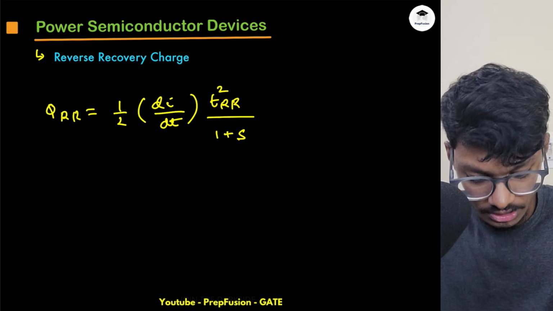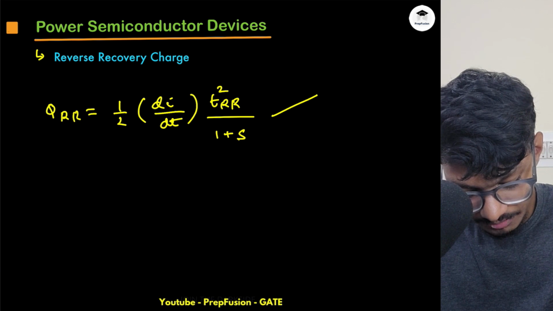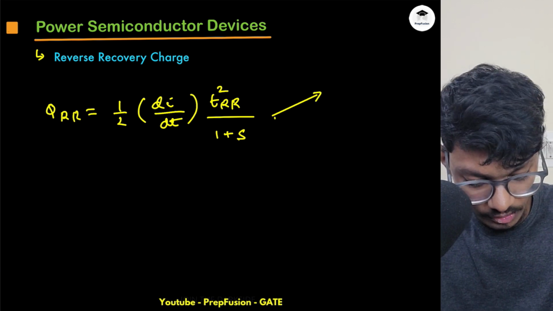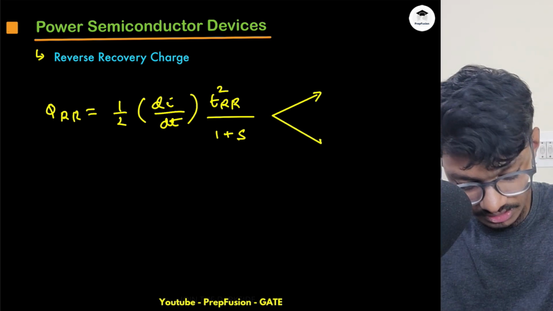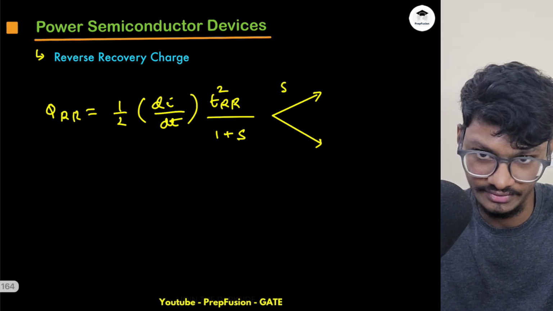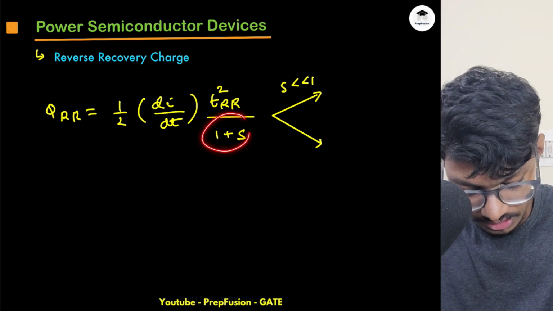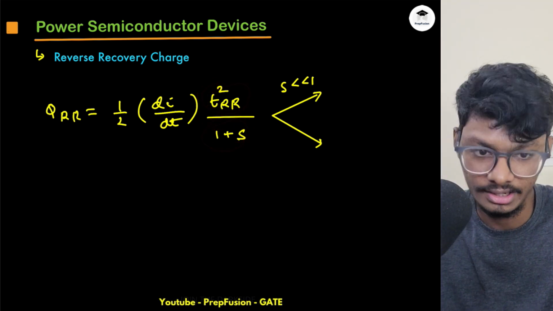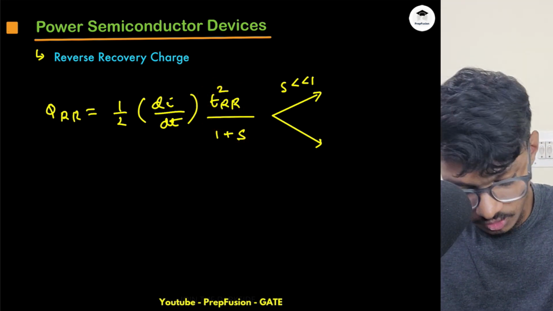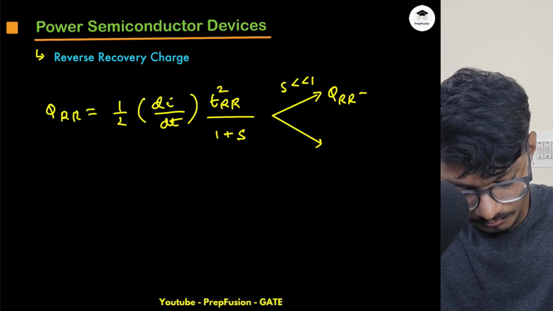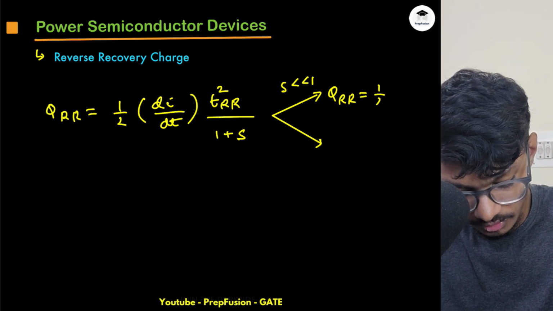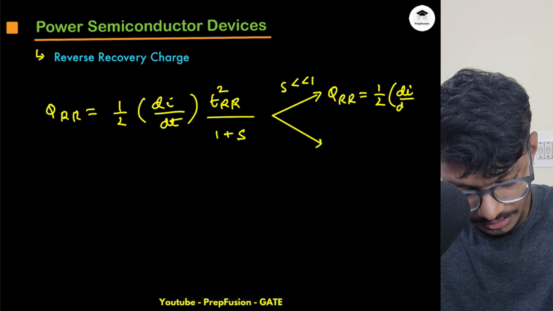You can understand the analogy of S here as well. If my S is very low compared to 1, I can ignore it, so this will be almost TRR whole square. So my QRR will equal 1 by 2 di by dt